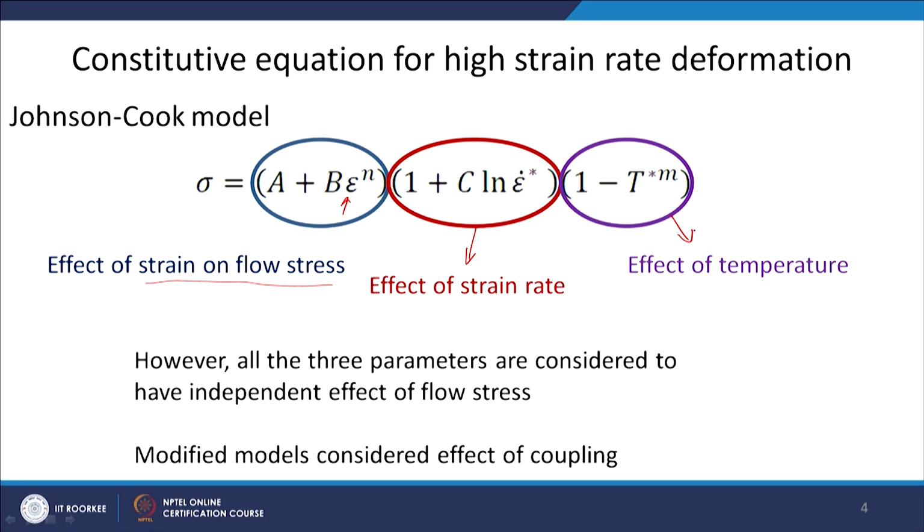Okay. So, all the 3 important parameters are considered in the flow stress term. However, in this Johnson-Cook model, the parameters are considered to have an independent effect. That means, independently changing the strain rate is not going to affect or influence the temperature and strain. Similarly, independently changing temperature is not going to affect the strain and strain rate, and so on, and there will not be any effect of